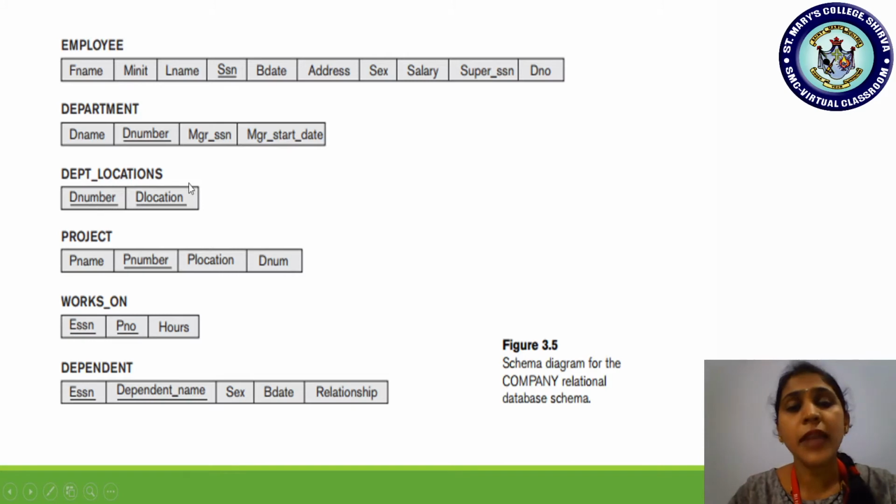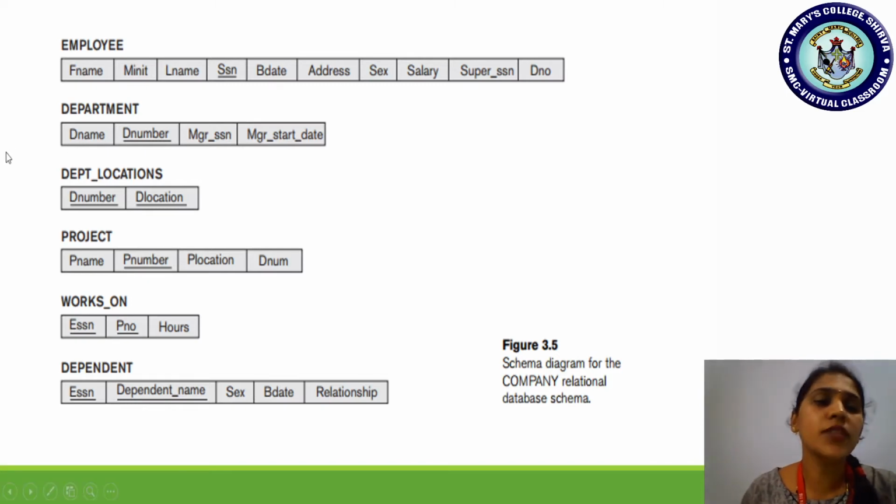So in the system analysis, when the database designers were collecting the data requirements from the users, they understood that a department can be placed in different locations. For example, the accounts department may be placed in different locations. It is not compulsory that it should be present in one location. It may be present in any number of locations. The same accounts department or the same sales department may be present at different locations. So this was the data that they had collected.